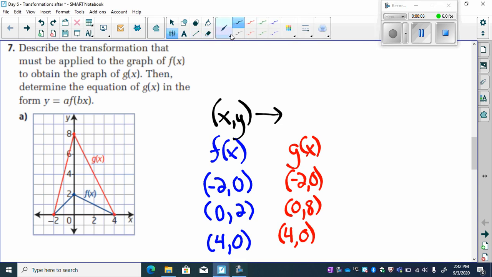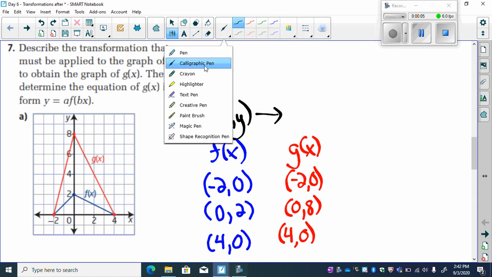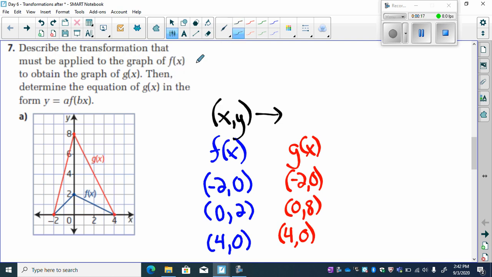So we'll start with a quick little review of stretches or compressions, and then we will look at combining all of the transformations we've learned so far. So we'll look at translations, reflections, and stretches all together. Okay, so the first question, 7 from homework, says describe the transformation that must be applied to the graph of